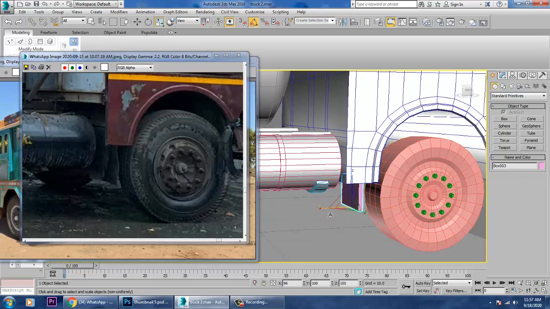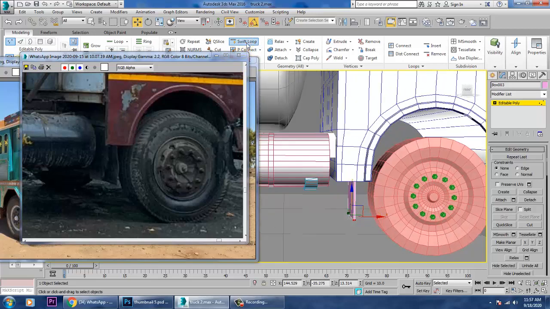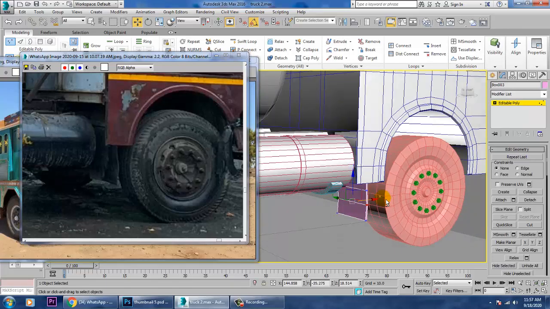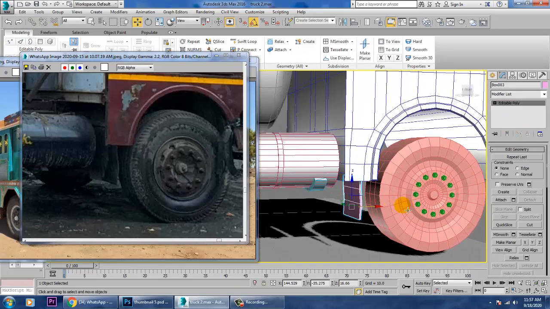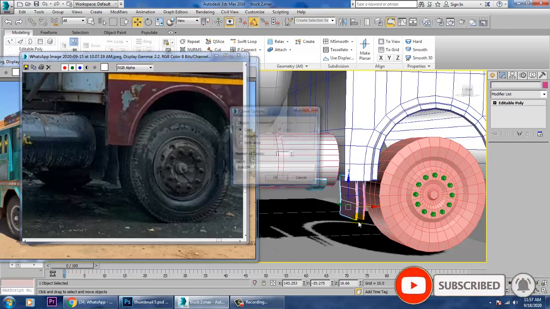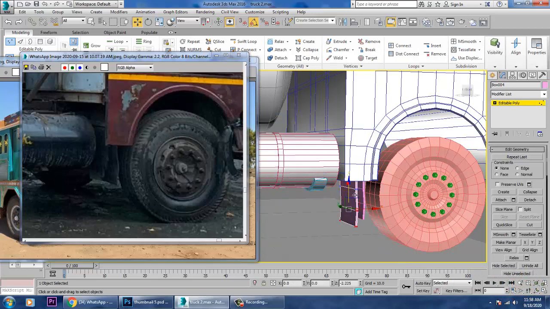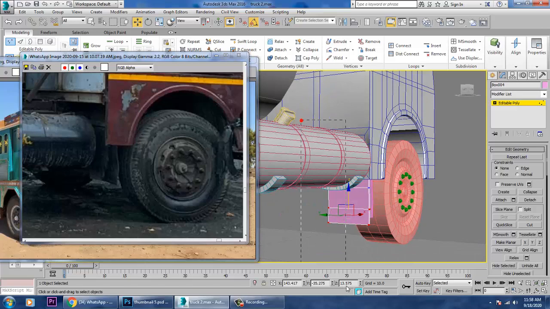So scale it, convert to editable poly, just drag it down over here, and let's use a bit of Swift loop over here. That's it. Much better. So if you're required to push this more down, you can go with that and push it a bit more over here. That's it.